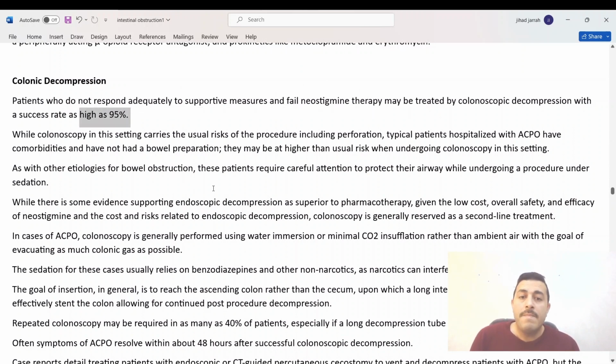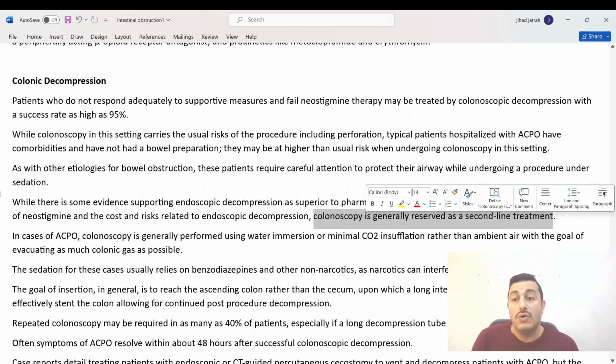Some studies ask whether it is necessary to put colonic decompression as a first line in the treatment of acute colonic pseudo-obstruction, but they said that treatment with neostigmine is low cost. The safety and efficacy of neostigmine, and the cost and risk related to endoscopic decompression, put it as a second line treatment. Also, we have a risk in colonoscopy, risk for perforation,